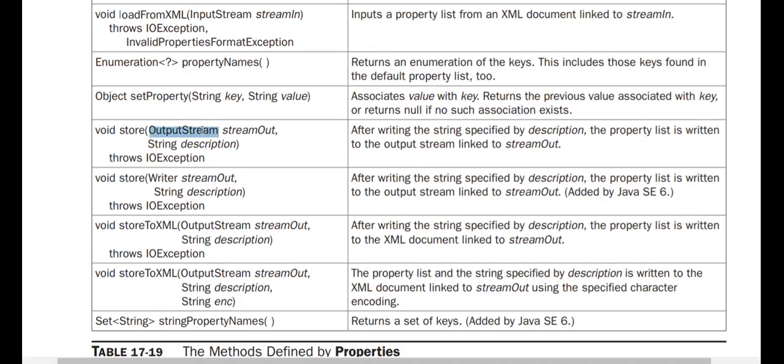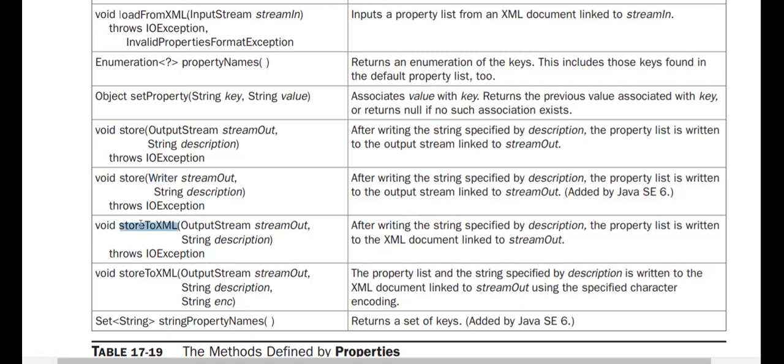So output stream can be a file, can be a console window, it can be anything. So wherever the output stream is set, there the description will be written. Then store, again output stream, description will be written. So here the writer will be used. That's the only difference. And this function is added in the Java Standard Edition 6.